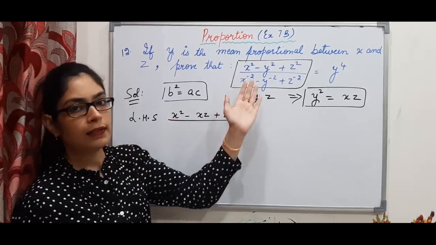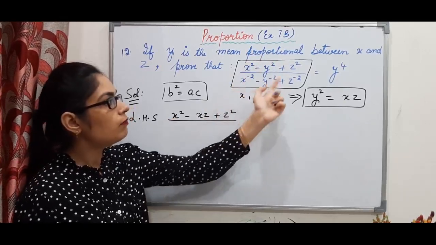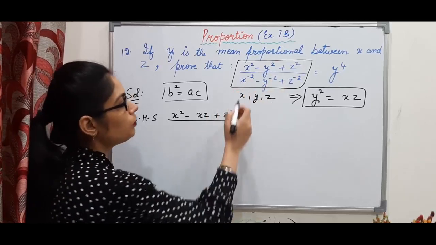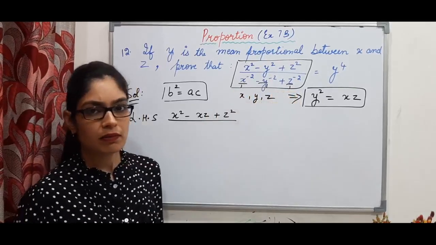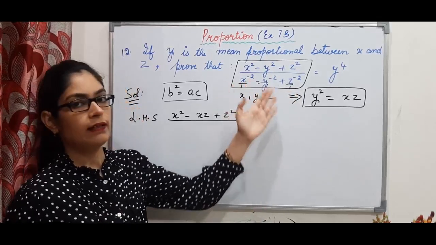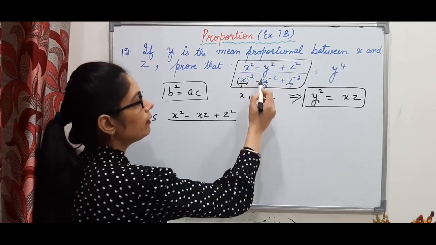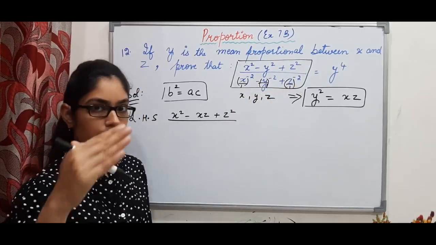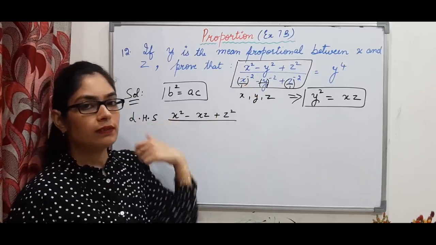Now in denominator, see, this is one fraction only. In denominator, if we see, all the powers, they are negative. So negative powers we can change to positive by doing the reciprocal of the numbers, because negative powers we cannot solve further, so we have to make them positive. X I can write it as x by 1 whole power minus 2, y I can write as y by 1 whole power minus 2, z I can write as z by 1, because nothing is there, so 1 we can write. Now when we do its reciprocal,